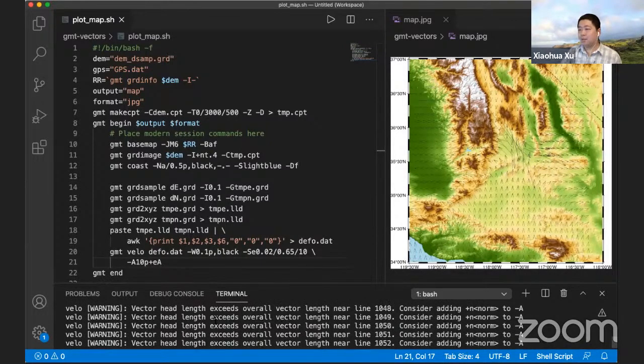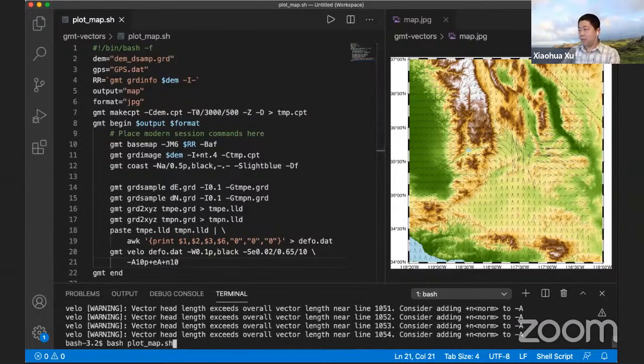Oh, it gives a lot of warnings. It says you probably want to normalize it because this is really crowded. You see all the arrowheads are the same size, so it's kind of filling up this entire map. So what we're going to do is put this +n option. For example, we want to normalize it with maybe the size of 10. If we save this